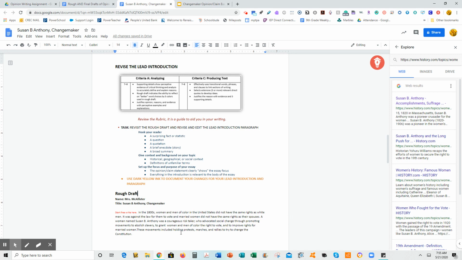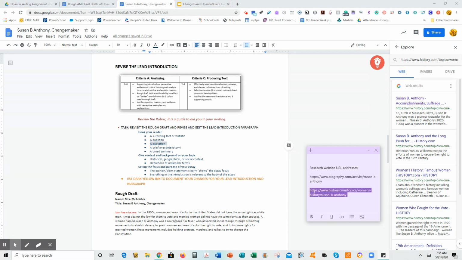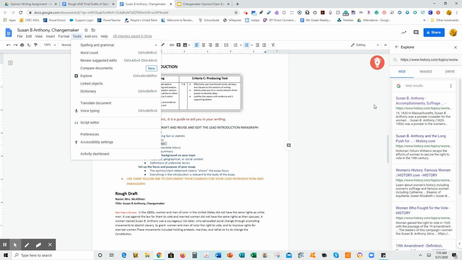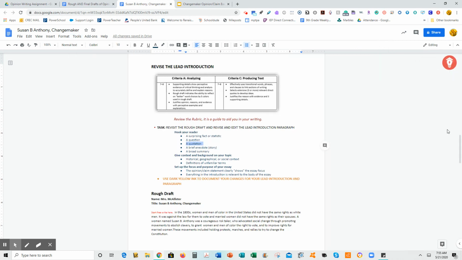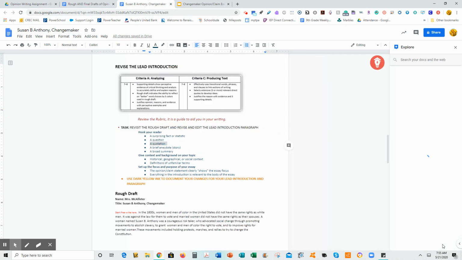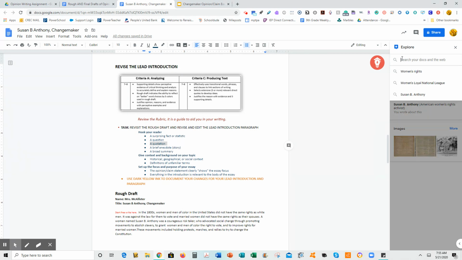Now, to start, like I said, I like a quotation. So I'm going to go back to my sticky note, and I'm going to highlight and copy, because I believe this is where the quote was. And I'm going to open the Explore tool, which is open. You know, you can go to Tools, and you can use the Explore tool, or just so that we can be on the same page, you can use the Explore tab down here. I'm going to put in,